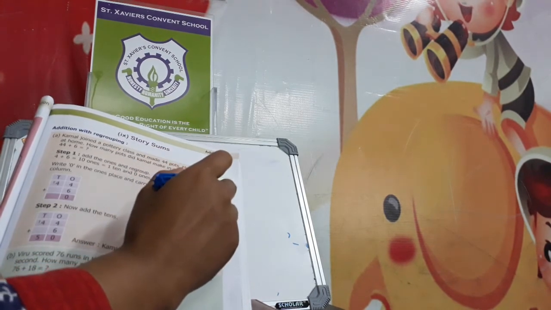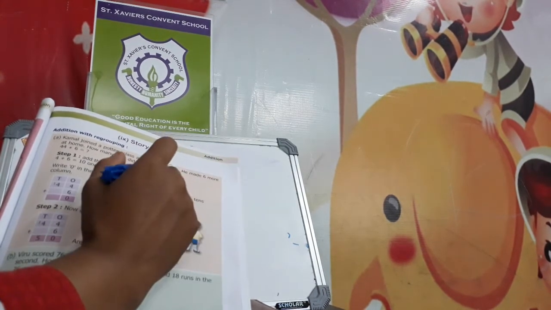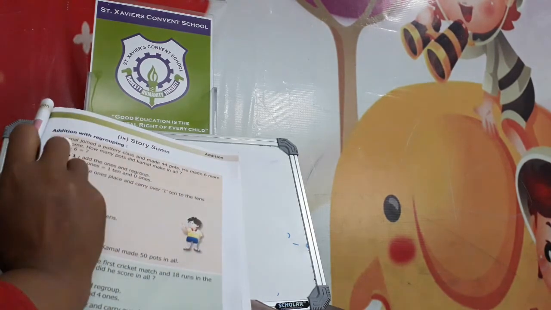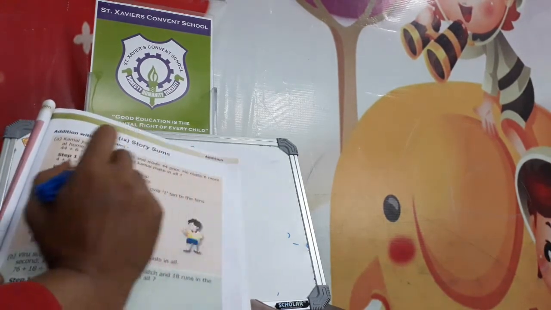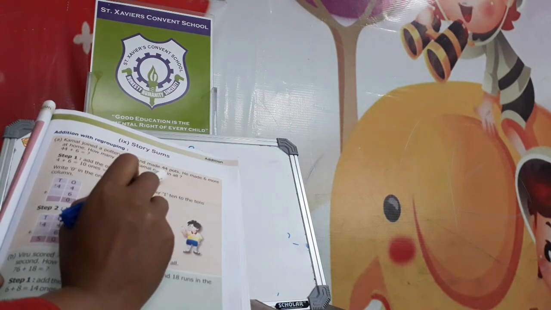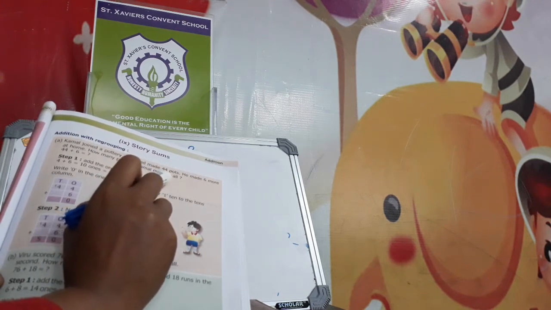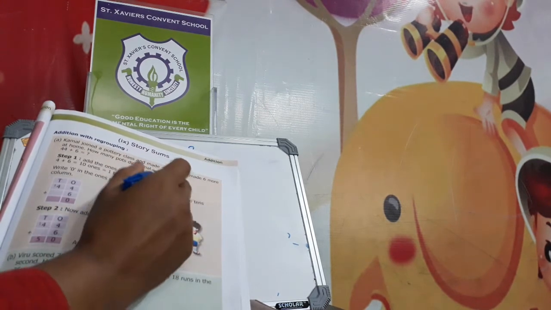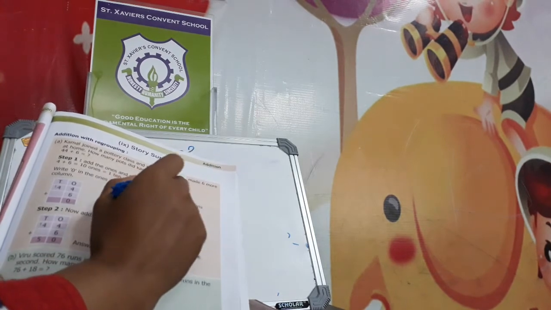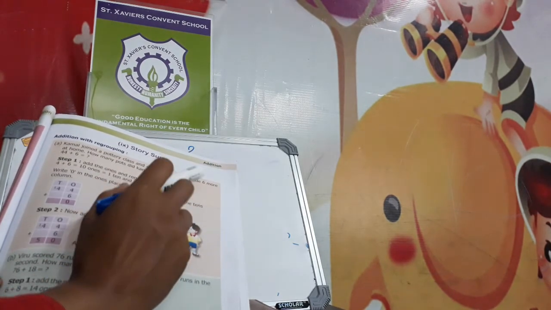He made 6 more at home. और वहाँ पे उन्होंने 44 बनाए, 6 उन्होंने घर पे बनाए, तो टोटल उन्होंने कितने बनाए. यहाँ पे लिखा है how many pots did Kamal make in all. Make in all अगर पूछा जा रहा है, it means we have to add these numbers.